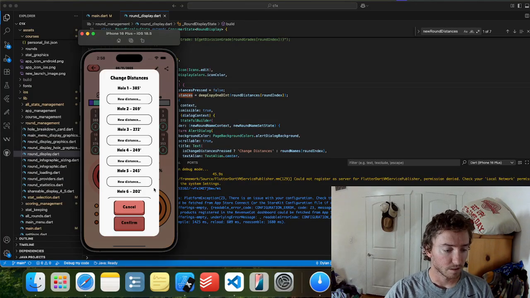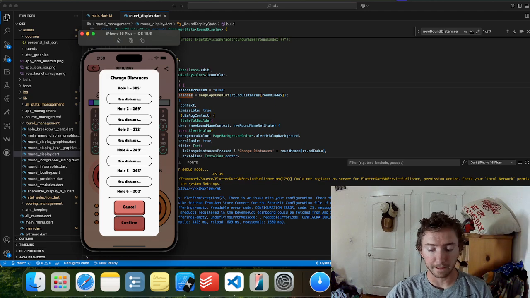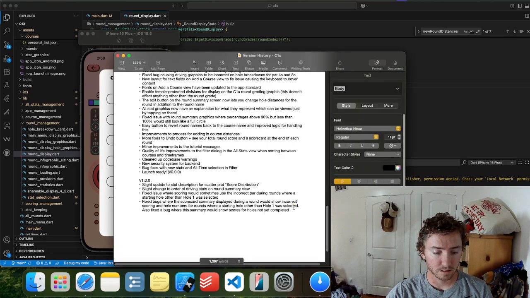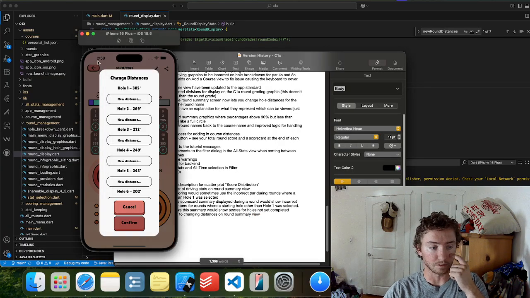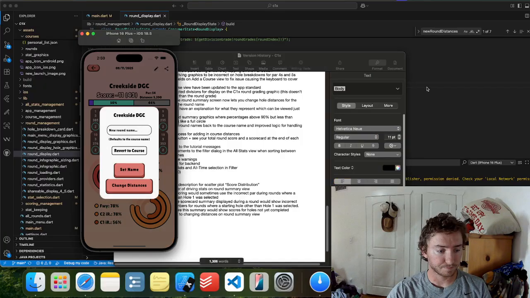Perfect. Okay. So we're just gonna say visual improvements to changing distances on round summary view. And then I do need to disable that button still.